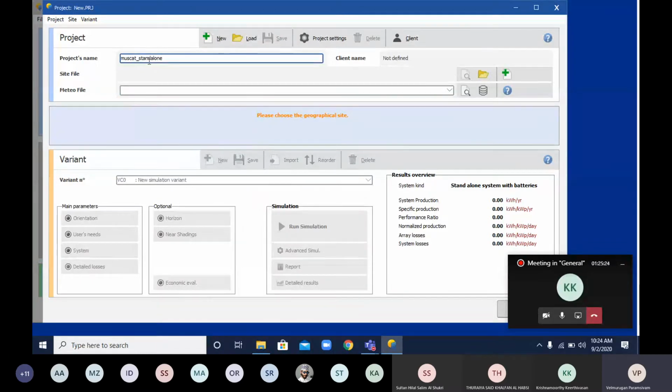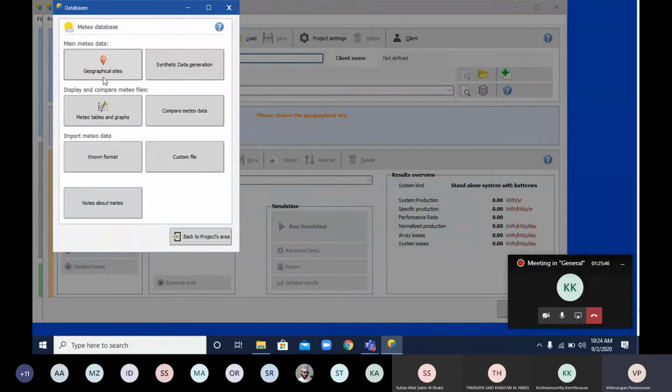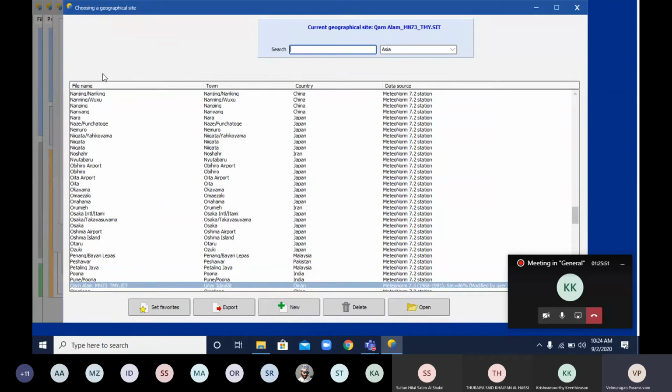project we are planning. Okay, next, another advantage of this software: which place we want to design a project for, directly we can go through the geographical site. We can take it. Okay, Meteo database. Click here, this Meteo database. If you want, here it will become geographical sites. Actually, you want to design in Muscat, in India, in US, in Italy, in Switzerland, any place. Which place you want to design, directly we go to that place. We can choose that particular place.